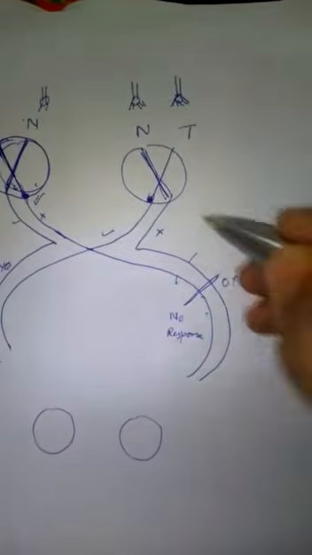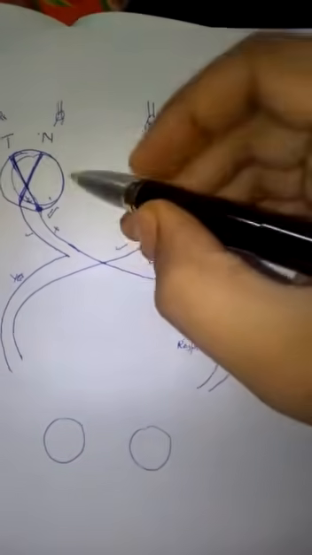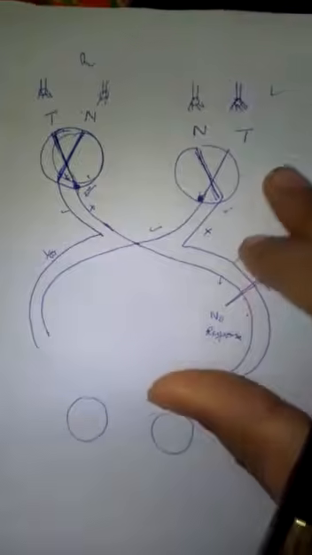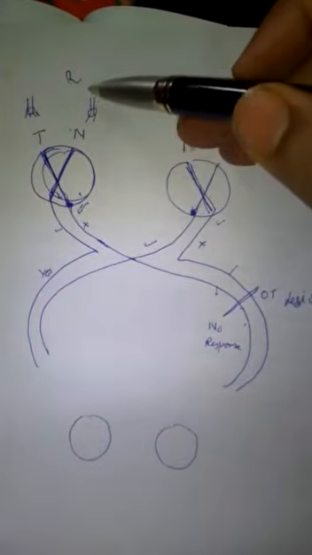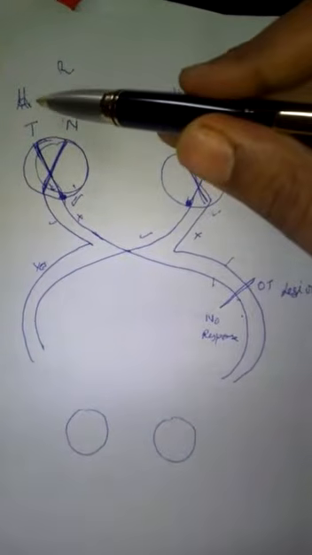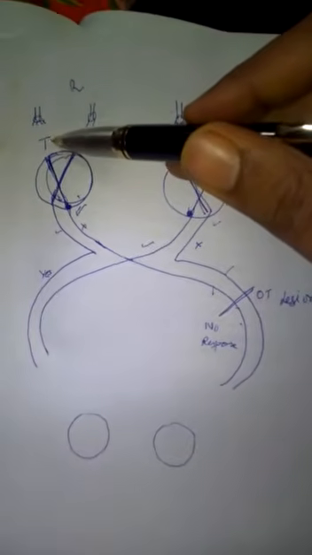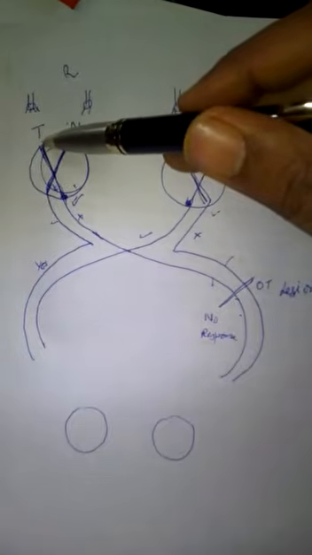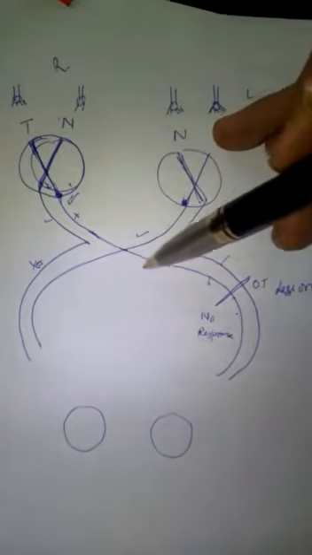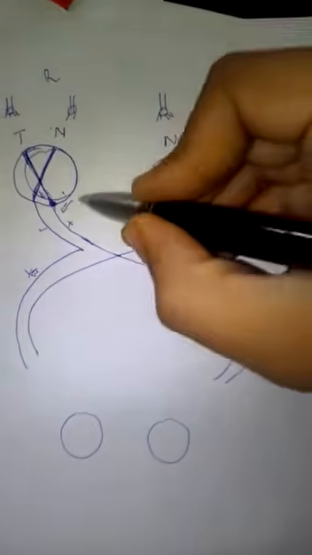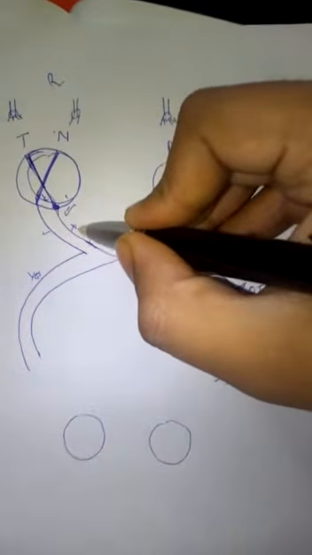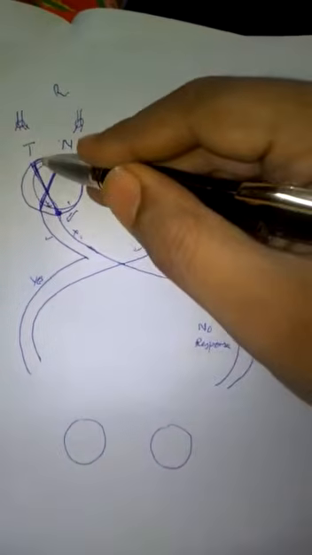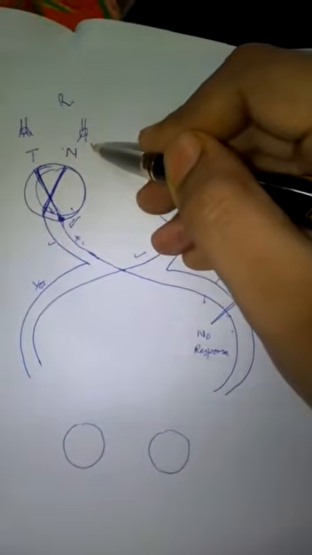and this one. So let's say this is the right side and this is the left side. So let's say in the right eye we project the light towards the temporal hemiretina. So when we project the light towards the temporal hemiretina, there is no response. Okay, so there is no response, no pupillary reaction when the light is shown to the temporal hemiretina, but the